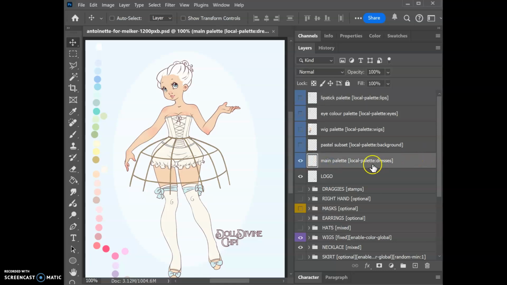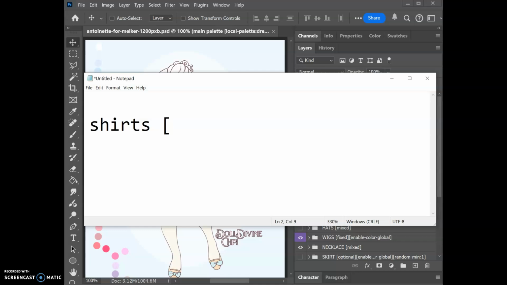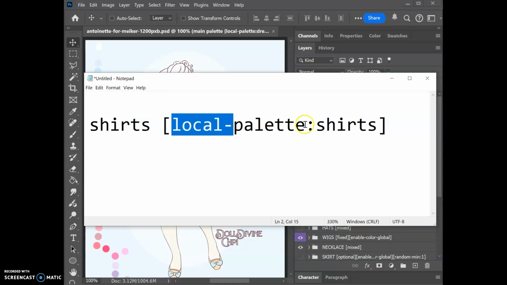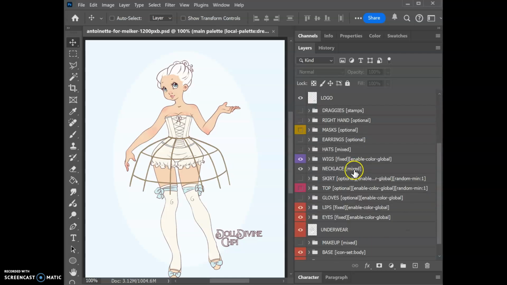So how it works is you put a code on your layer. So you write, for example, shirts, and then square bracket, palette, local palette, local-palette, and then shirts. You give some name that you will use later to reference this palette. And the reason why we are writing local palette instead of just palette here is to let the program know that this is a palette made in Photoshop, because we will later have the ability to support custom-made palettes right in Maker itself. So there's our palette, and now if we scroll down to an item,